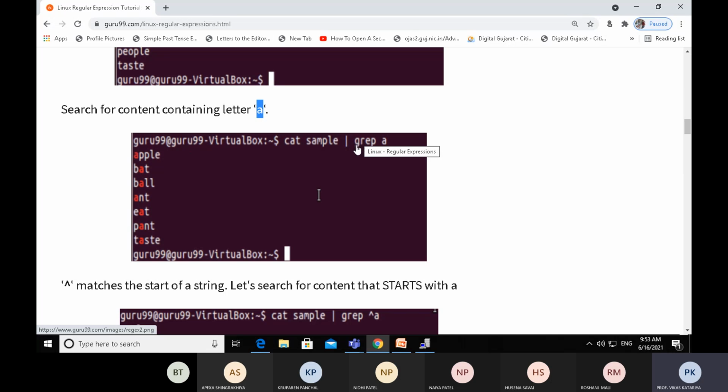So grep takes input apple, bat, ball, eat, pant, taste, and filters that content which contains the alphabet a, and it will display only that content which contains the letter a. So it will show the output according to grep a.